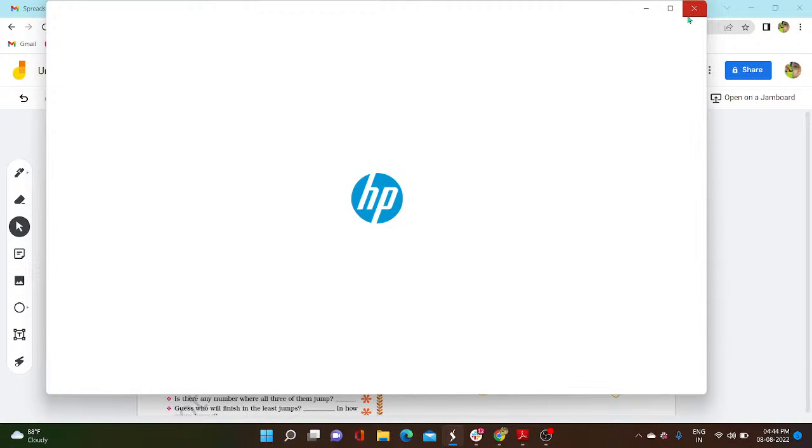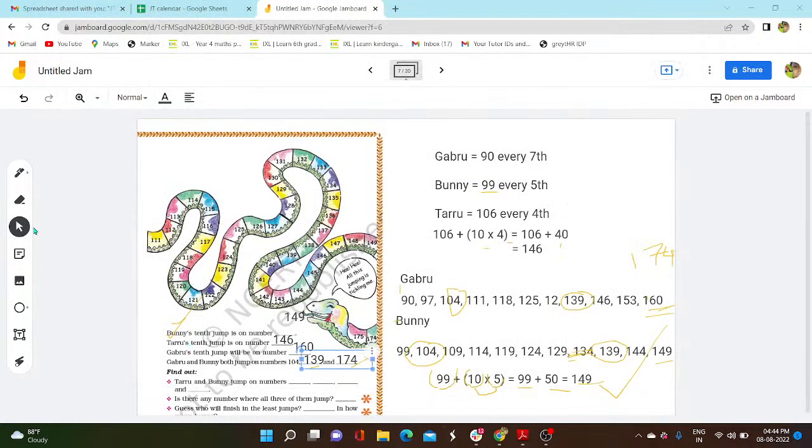Now let's move on and let's read further. Find out Taru and Bunny jump on numbers dash dash dash and dash. Okay, we have to find out Taru and Bunny have jumped on which numbers. So yes, looking at the previous answer, Taru and Bunny have together jumped on 104,